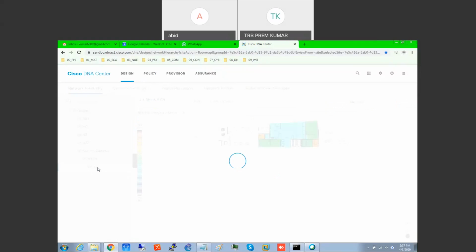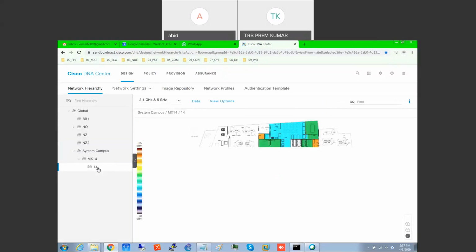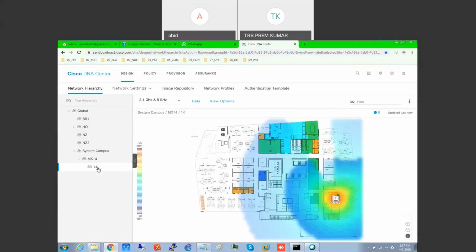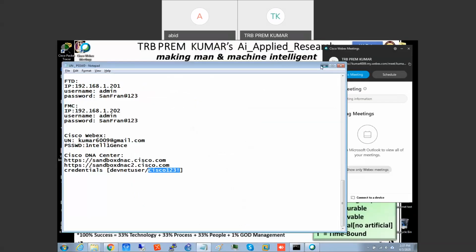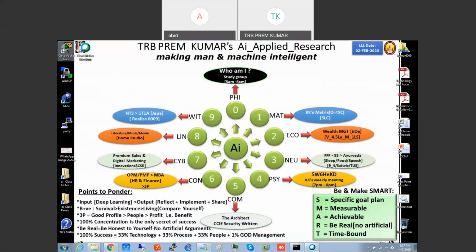The next thing, this is about Cisco DNA, where I mainly want to show you the WLC. Now to do the lab, we are going to use a WLC called 2504. For that, I told you we will use Cisco Packet Tracer, version 7.1 and above, more than version 7 as we discussed.